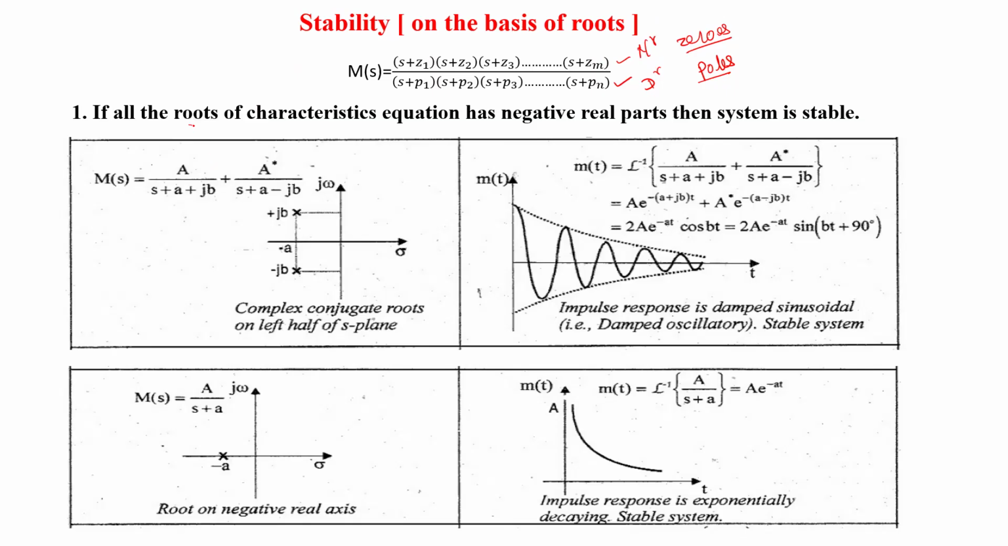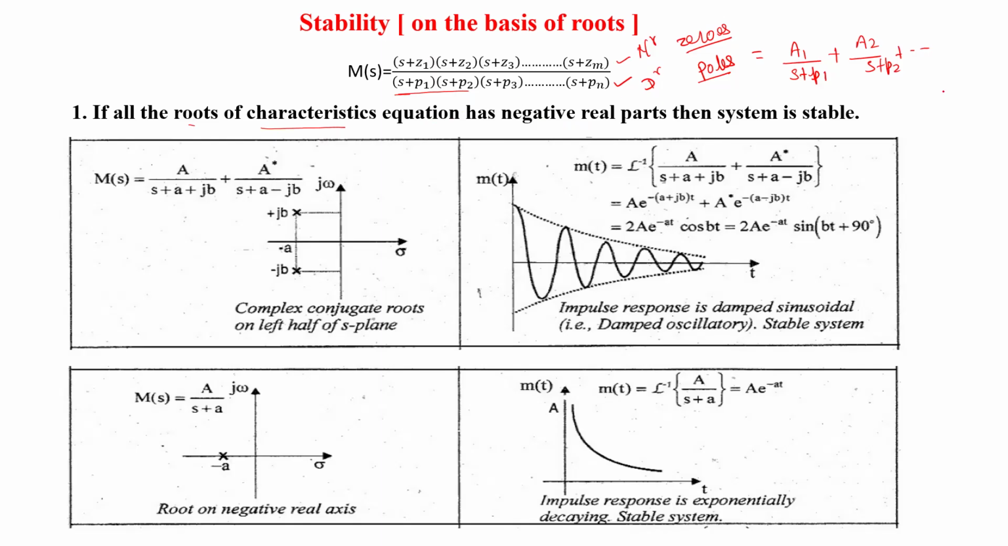So if all the roots of the characteristic equation... what is the characteristic equation? The denominator polynomial is the characteristic equation. This can also be simplified like we have a1 by s plus p1 plus a2 by s plus p2 and so on. So the denominator polynomial, when equated to 0, is called the characteristic equation. The solution of that characteristic equation, if it has negative real parts,